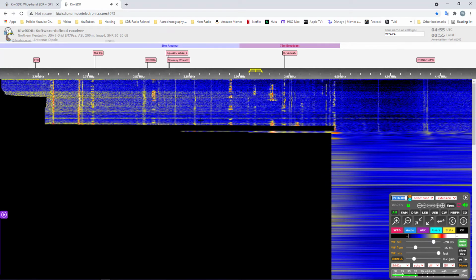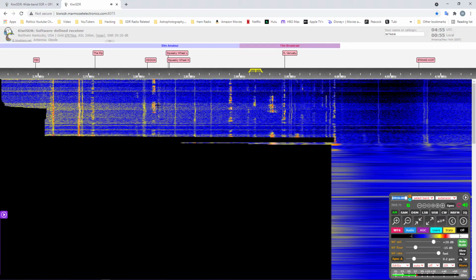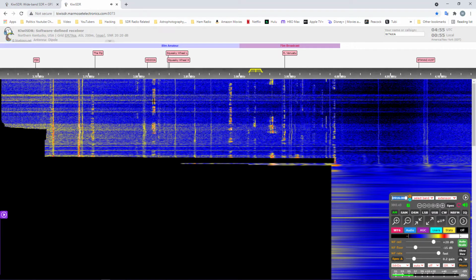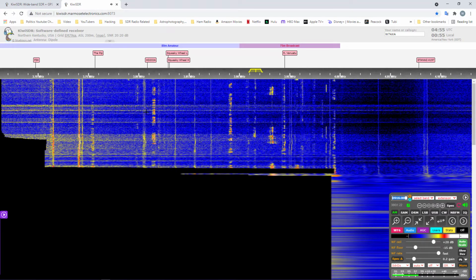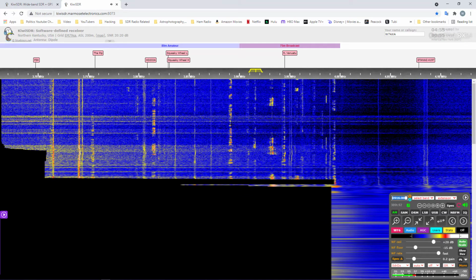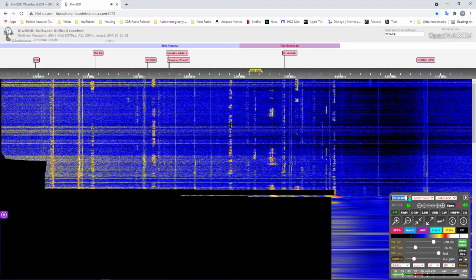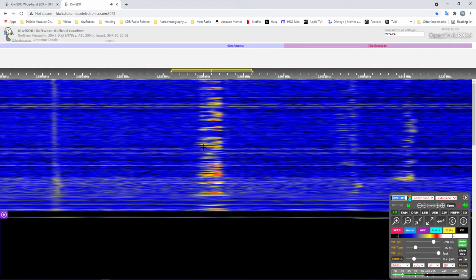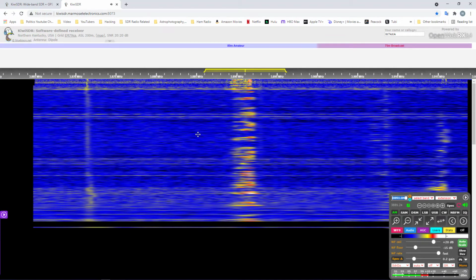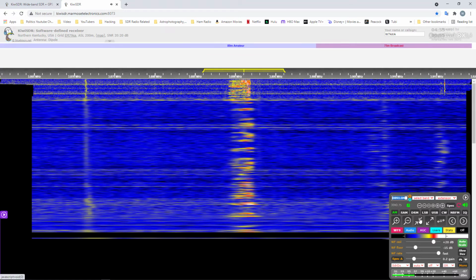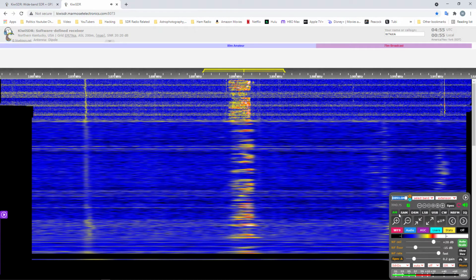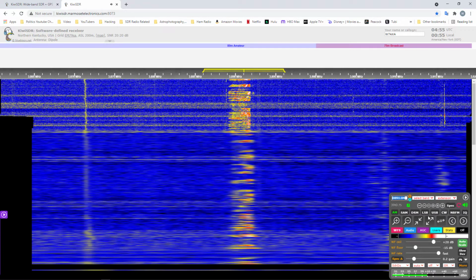And like I said, this is the nighttime band, and so it's busy. A lot of these guys will stay up till 3, 4 in the morning playing around on the bands. So I'm gonna go in here, and here are the mode selections right here.